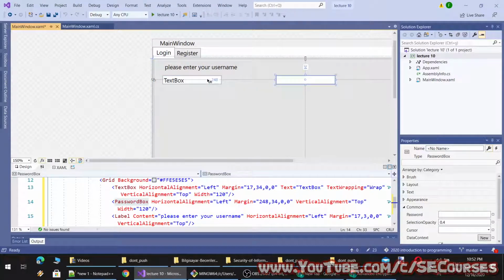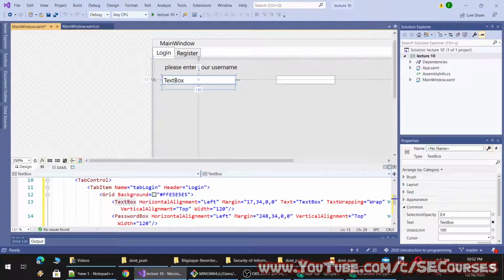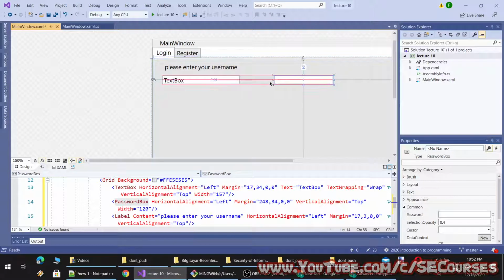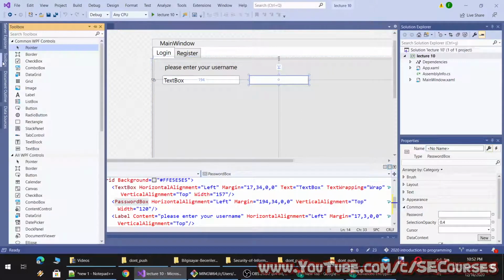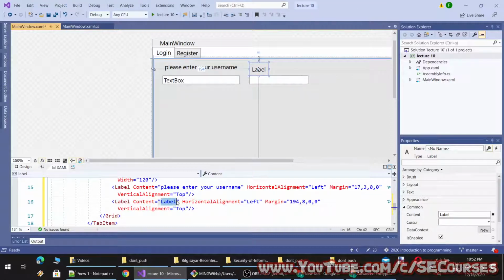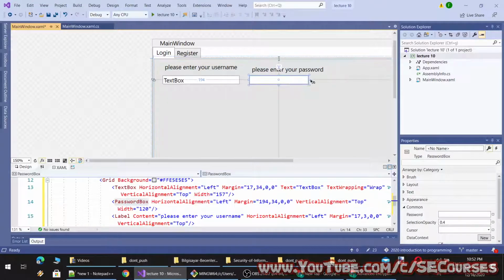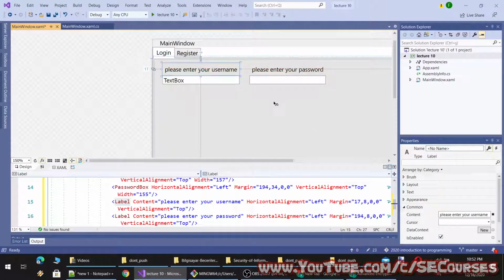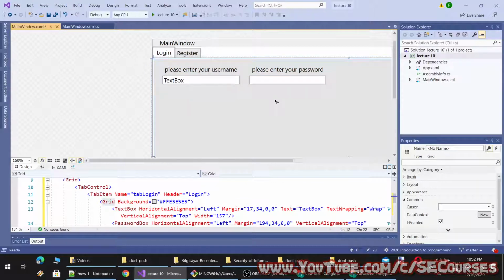Okay, currently I am not focused on the visual appearance, the visual quality of the software.